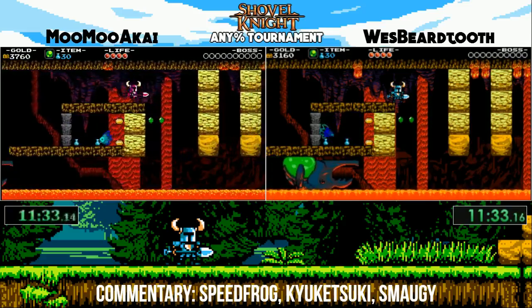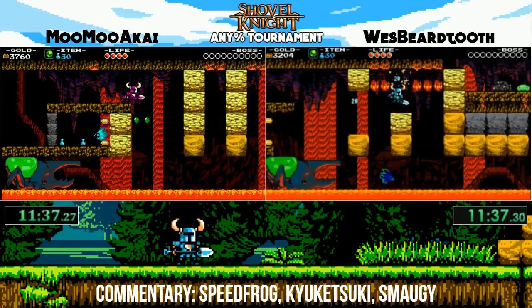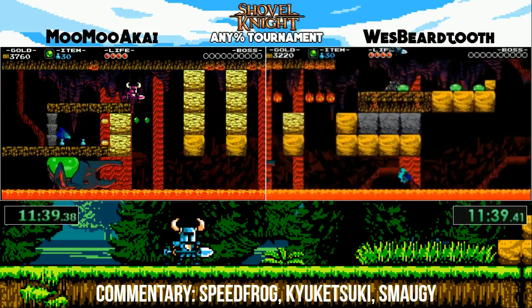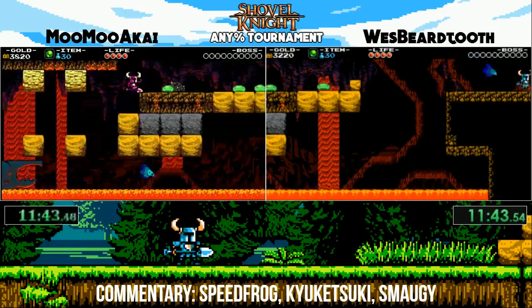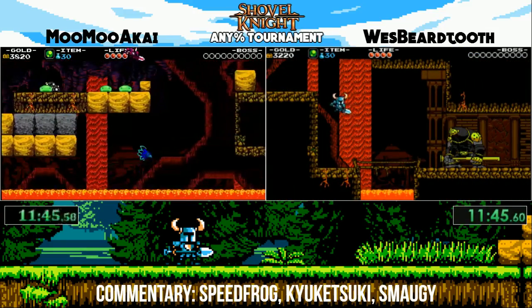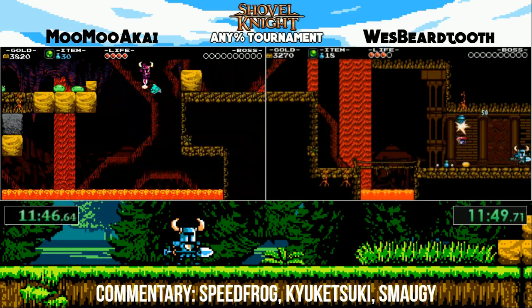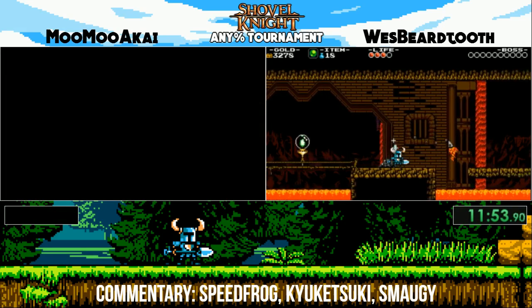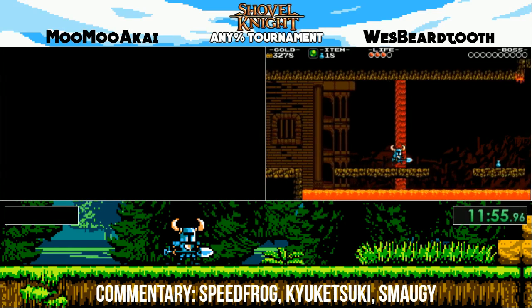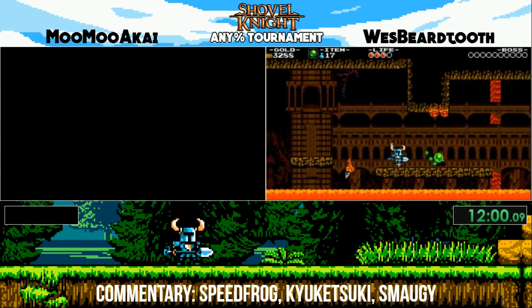So both runners are approaching the infamous Mona's Beetle 1 skip. WesBeardtooth has a great setup and gets it. It looks like MooMooAkai was... I don't know what happened now. It looks like he got the pogo. Yeah, he probably made it. I definitely saw the fish getting damaged, so...